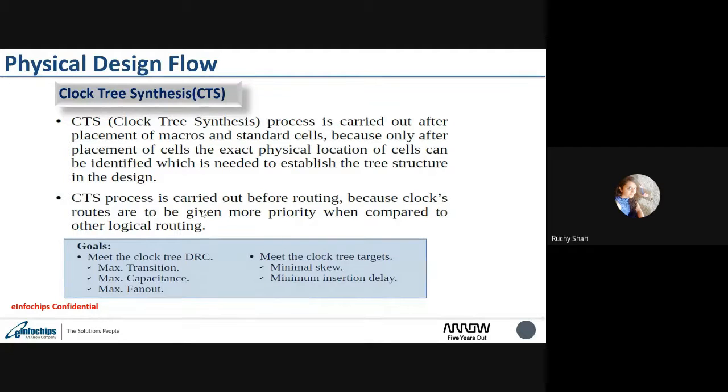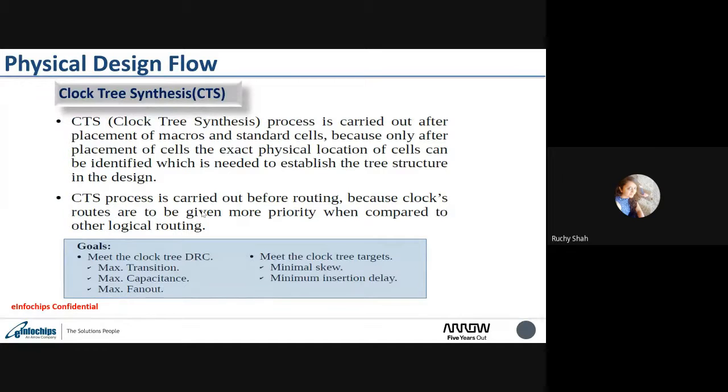There will be one source point and some sinks and leaves coming from that source point, creating a tree kind of structure, and each and every cell and macro will get the proper clock, like for sequential cells. The goals for CTS are to meet the DRVs, that is max transition, max capacitance and max fan out, and we try to minimize the skew and the insertion delay.